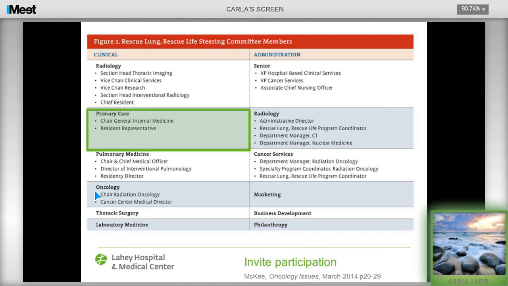This is really a more detailed slide that talks about what our steering committee looks like. And so I'm going to just briefly highlight. You can see here there's multiple areas within the infrastructure of the institution, not only on the clinical side, but also on the administrative side that are key to make the program work and continue. Radiology, primary care, pulmonary medicine, oncology, thoracic surgery, laboratory medicine, specifically with pathology, senior administration, radiology for workflow, all the different work staff